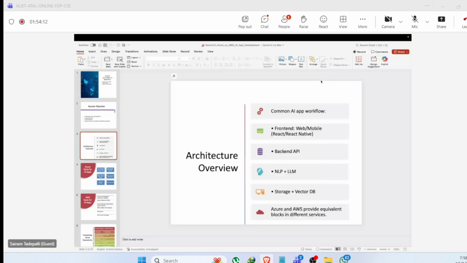That will be helpful for even the students to explore multiple opportunities in this AI bubble. Clear? So in the front end, if it is React, then it will be a web application, and for mobile, React Native. Any backend API can be used, like Flask or Django, Python Flask with FastAPI. And